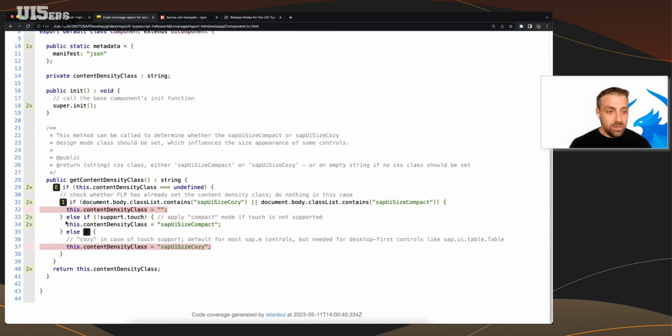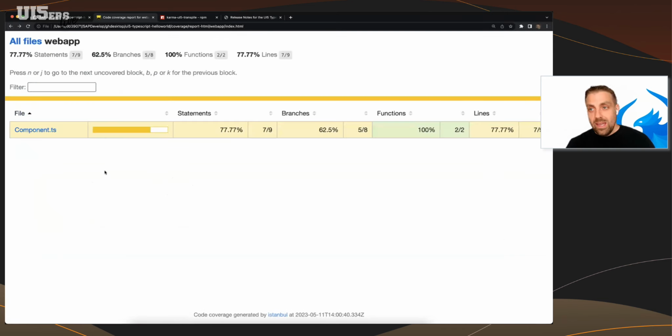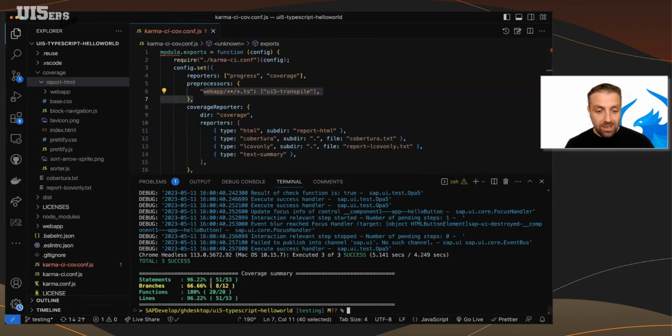You can see what has been walked through in the code execution, where the missing links are, where you need to look into. And more or less, that's what I wanted to briefly show today, and more to come about all that. But in the interest of time, I think that's enough for today, and stay tuned, more is coming. But take a look into this UI5 tooling transpile if you didn't do so.